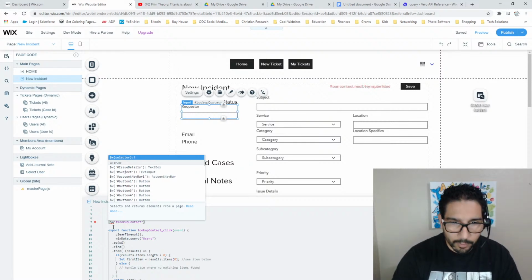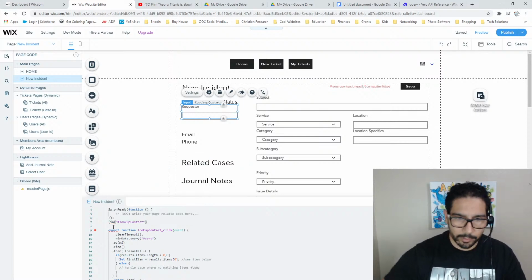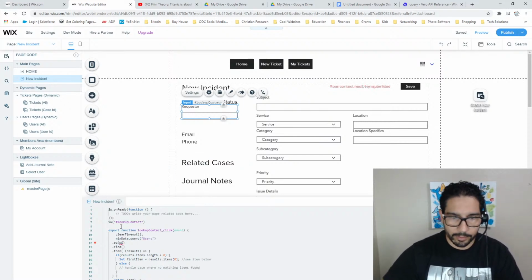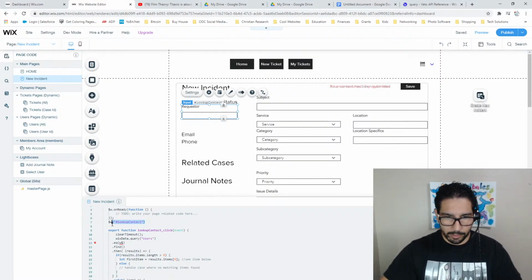Okay. Then that goes inside like that. Okay, let's see. Is that good? Okay. So, money symbol W